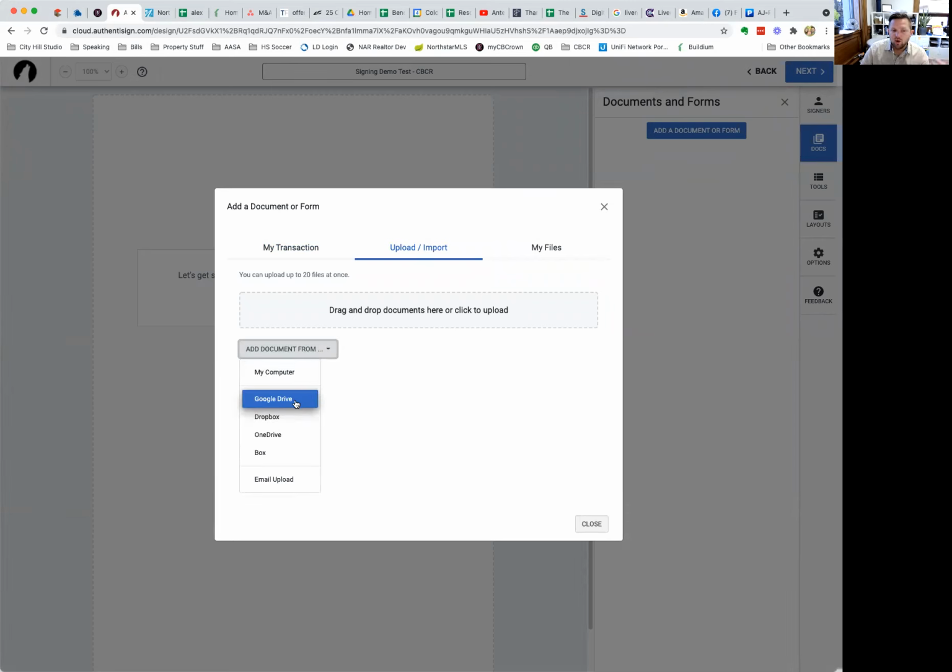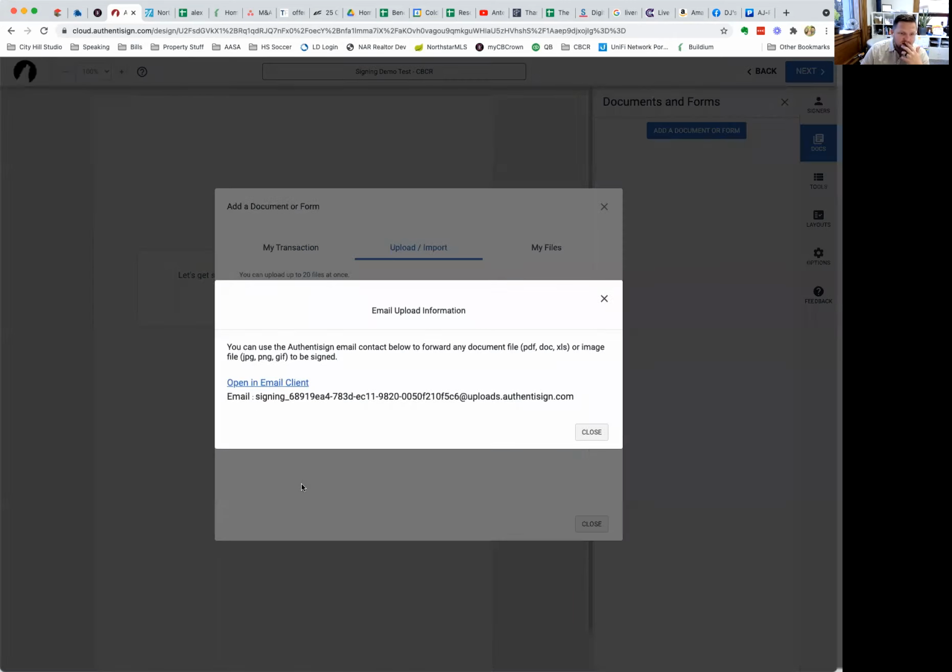You can also, if you want, sync to Google Drive. Our company operates on the Google platform, so if you're using our cbcrown.com emails, you can link right here. If you're a Dropbox user, you can link right there, or OneDrive, or Box too. You can also do an email upload, which I think is kind of fun, because it says email whatever document to this email address, and it will auto dump that document